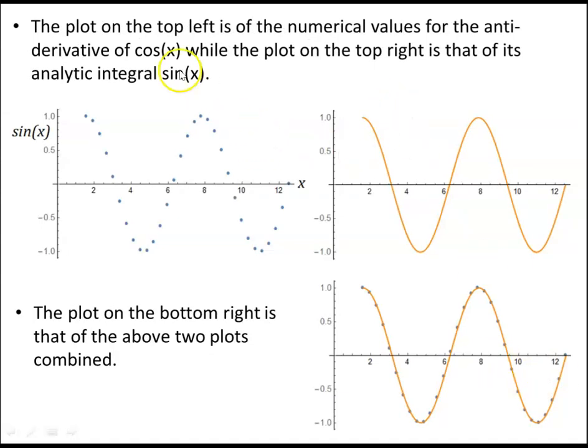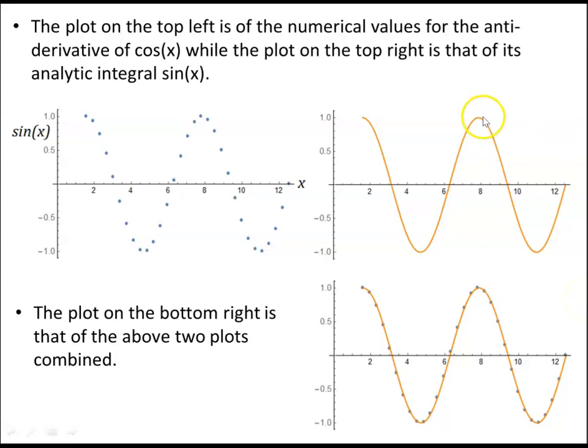Next thing, okay, so the plot at the top left is numerical values for the antiderivative of cos x, while the plot at the top right is that of the analytic integral sin x. So this is the analytic version, the symbolic one, plotted outright. This is the numerically obtained values using numerical integration, and then plotting the output. You can clearly see they agree, and when you ask the program to overlap them, they exactly overlap. So we know that we've attained numerically the correct solution here,